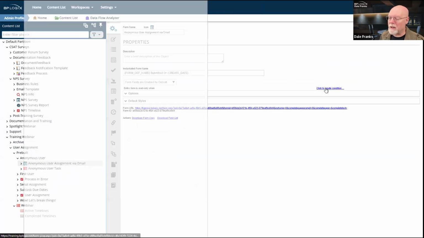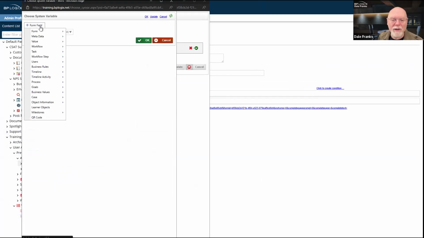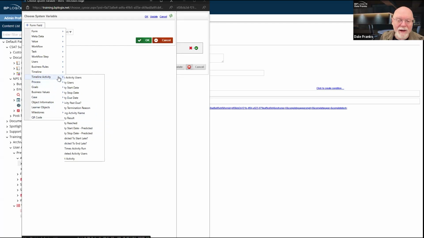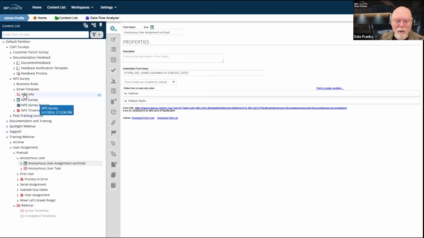And let me hit click to create condition. And let's see, I just don't remember where I get a process. Okay, well here, great. I've now got process and I've got the status and the start date. I've still got the task start date and the task due date, but I don't have a lot of tasks. I probably should have taken some time to find some context in which I had more process task variables. I can try one more thing.